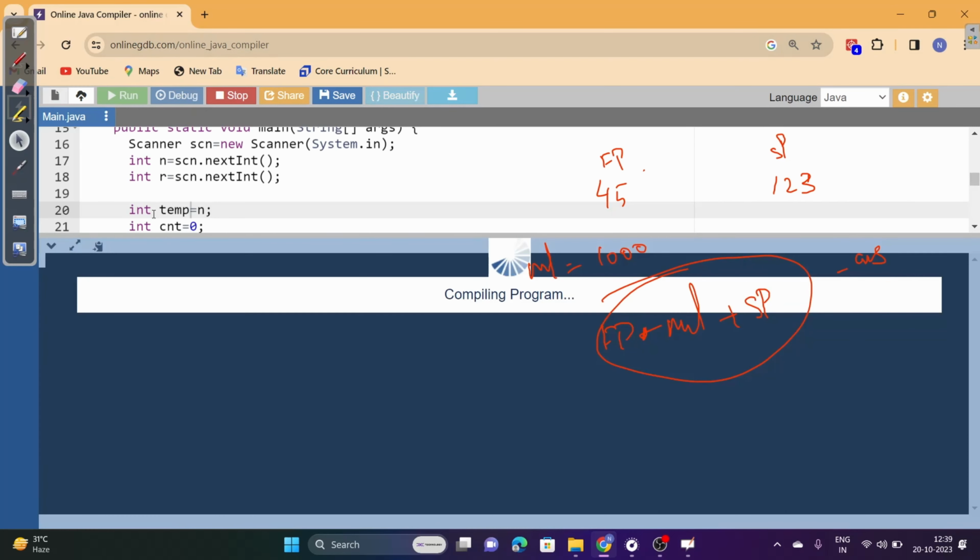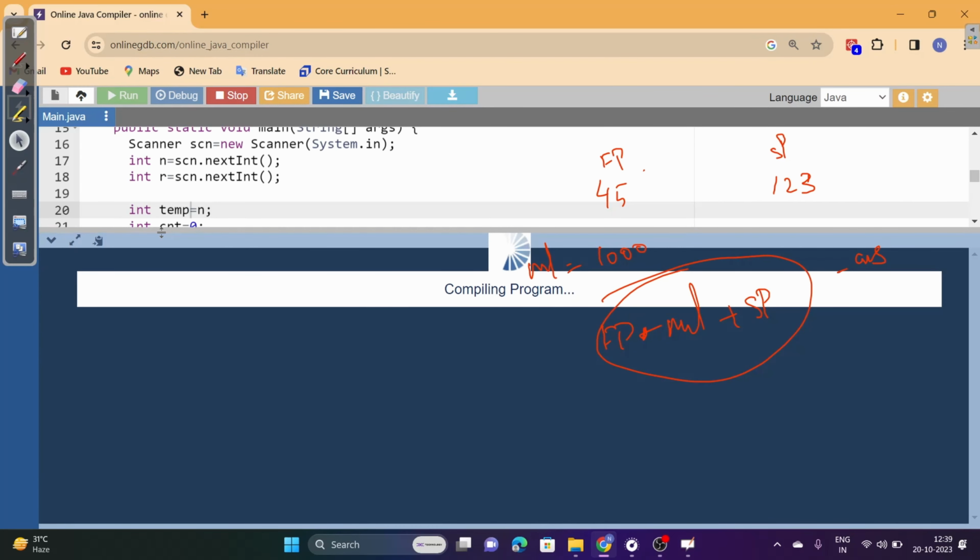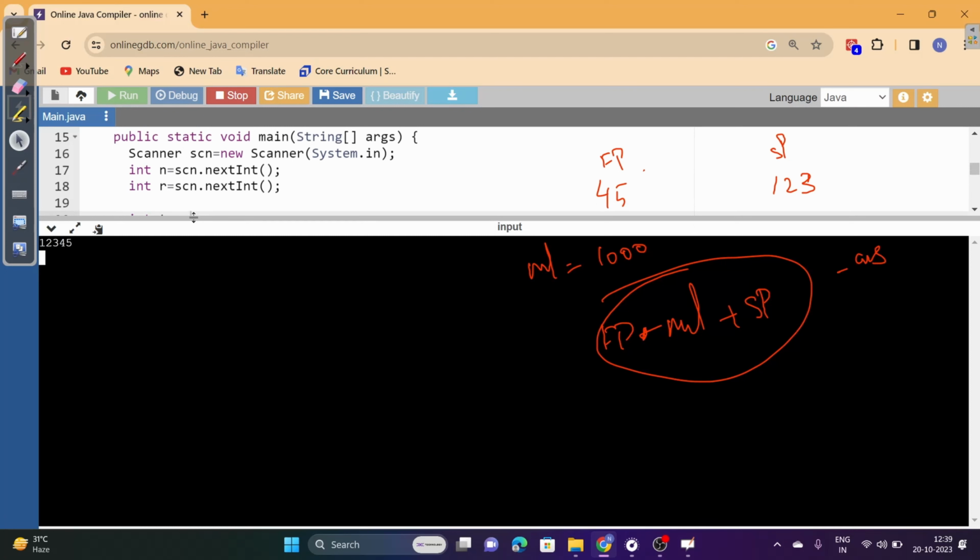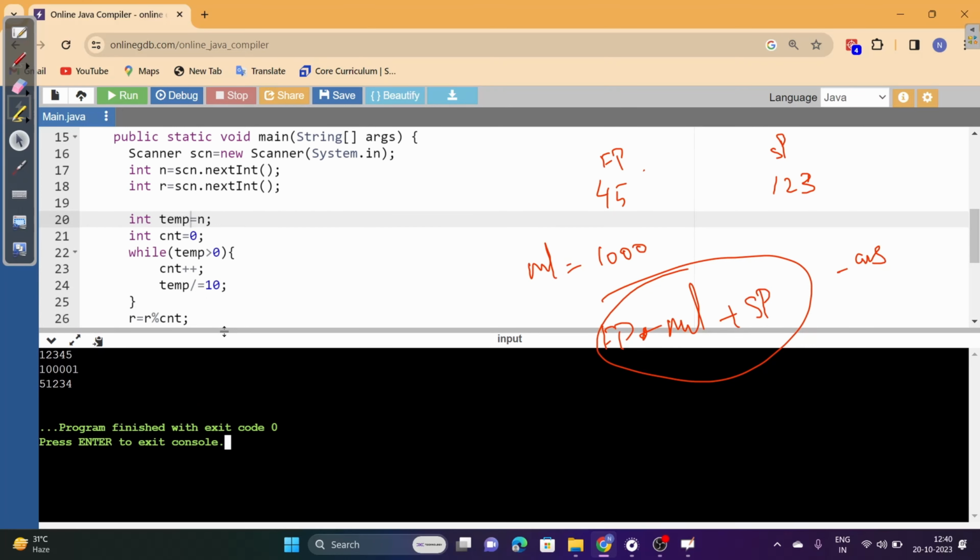So let's give some very big rotation. My rotation is equal to 1. Okay, it will be equal to the first rotation, right? So my output will be 5 1 2 3 4. That's it, guys. This is what we need and this is what we are expecting.